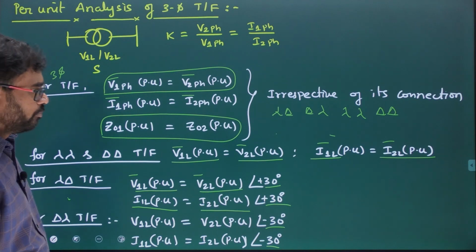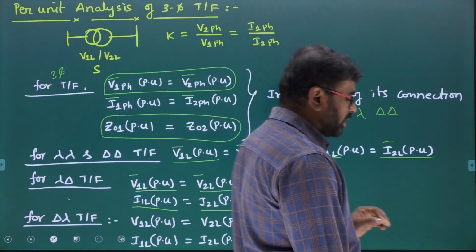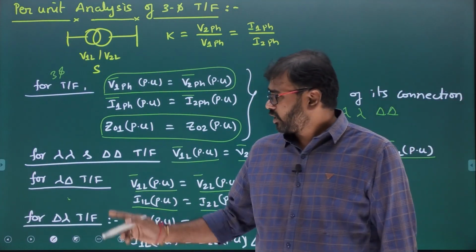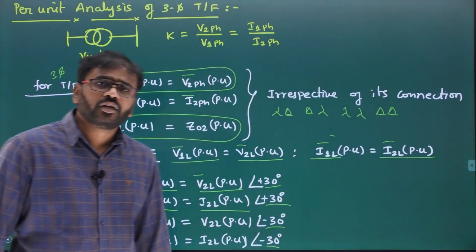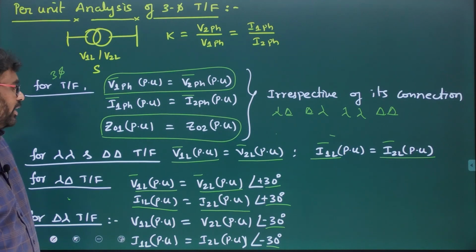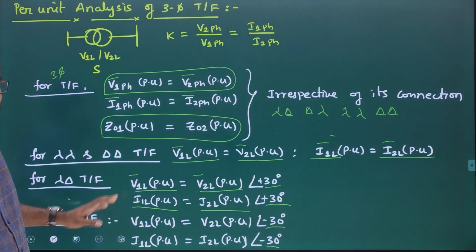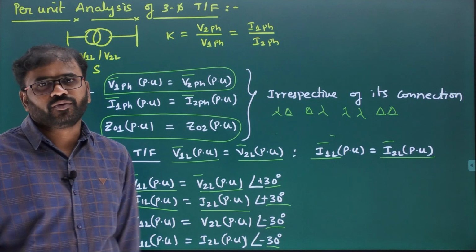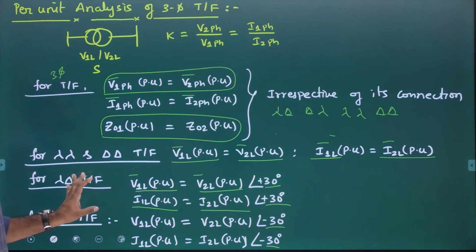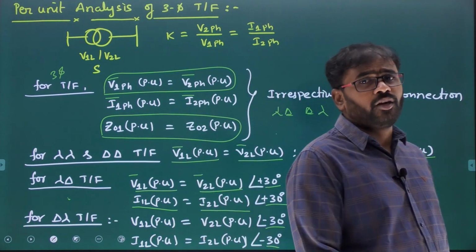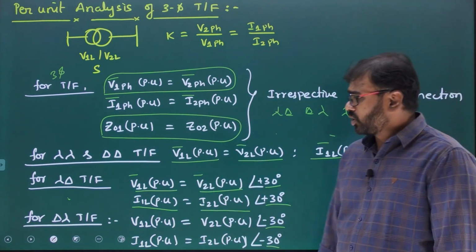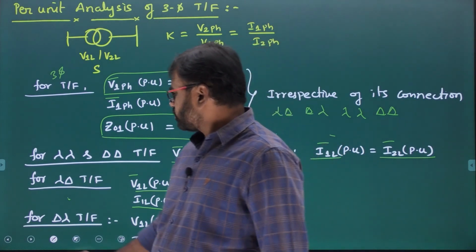So the idea is simple here. For a delta star and a star delta transformer, there is a phase shift of 30 degrees, but for a star star and delta delta transformer, between line quantities there is no phase shift. Clear? So these are also very, very important about our three-phase transformer in per unit form. Clear? So the next important thing is,